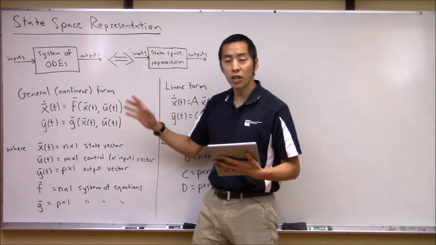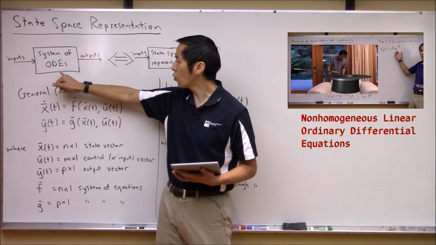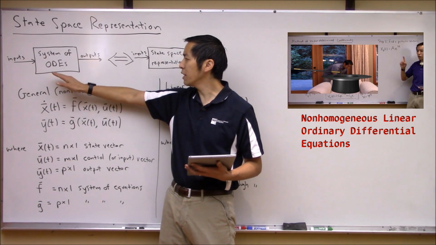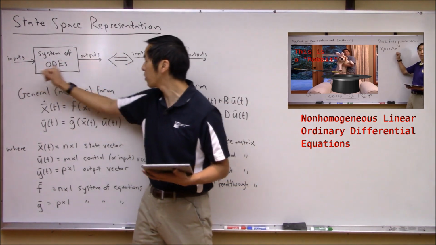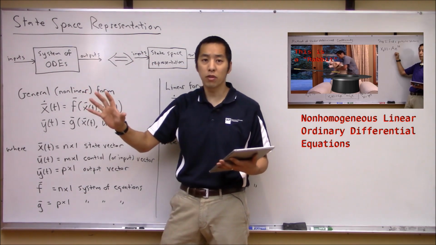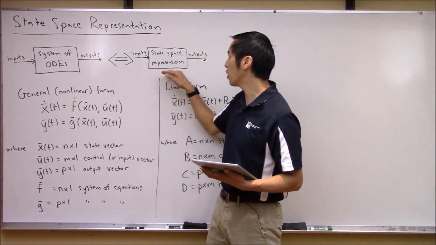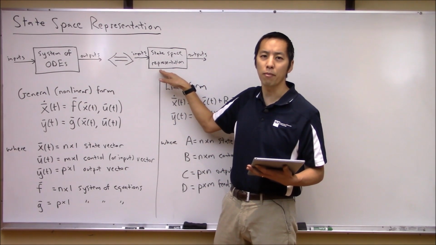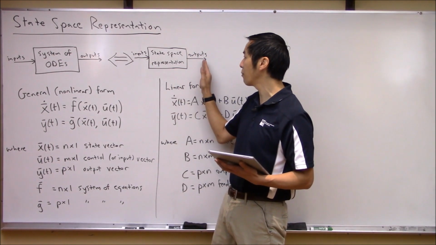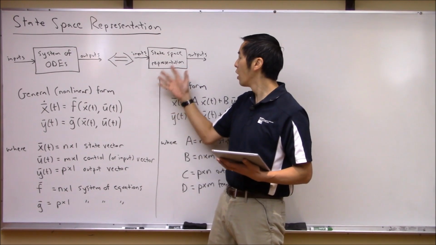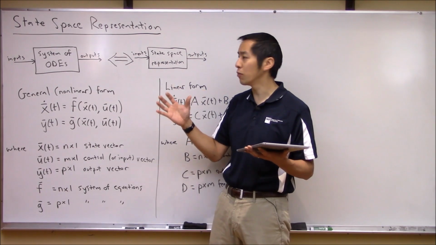So what we've talked about in the past when we were looking at ordinary differential equations is we showed how you can use ordinary differential equations, or ODEs, to basically model a physical system or an engineering system or some system which has inputs and outputs, right? The whole idea with state space representations is we would like to take this system of ordinary differential equations and write it in a different format, namely in a matrix or vector format. So it's going to be the exact same system with the same inputs and the same outputs and the same relationship between the two. We're just going to represent them or write them down in a more compact, easily analyzable